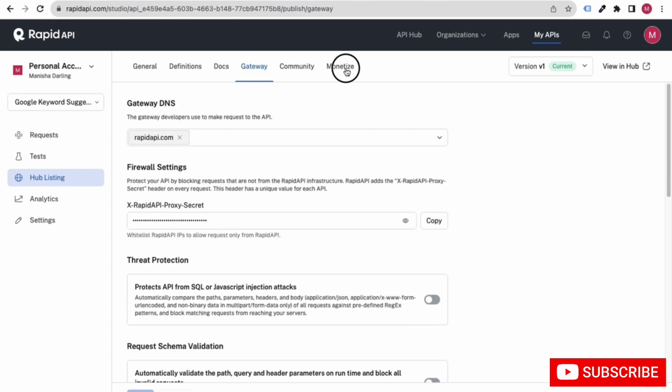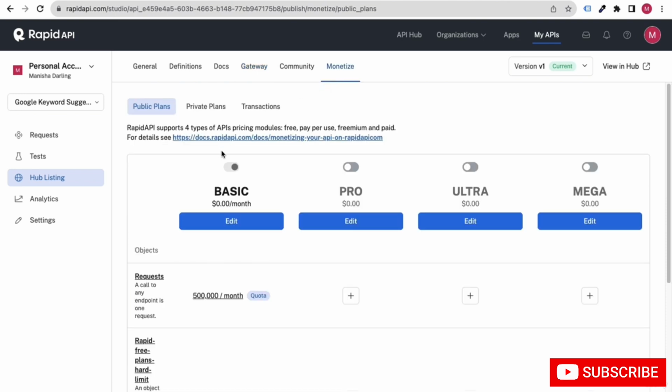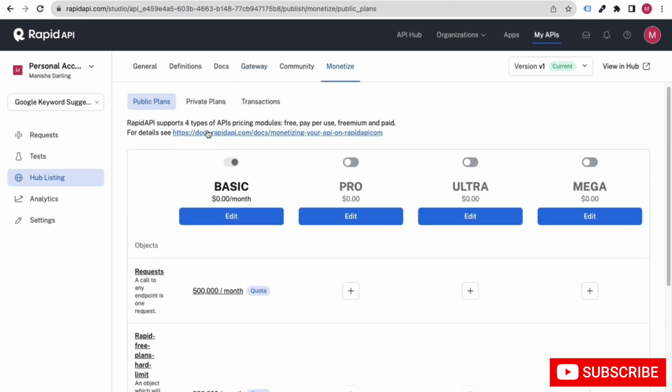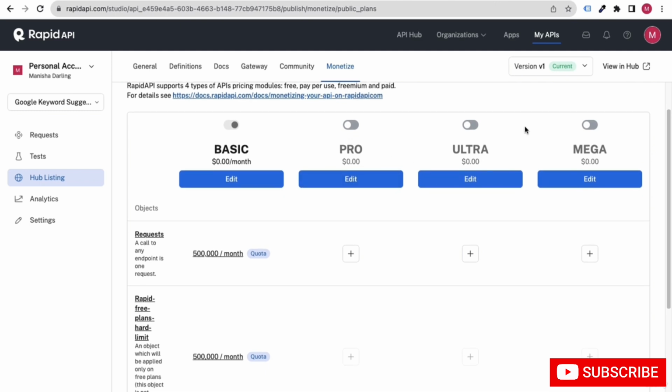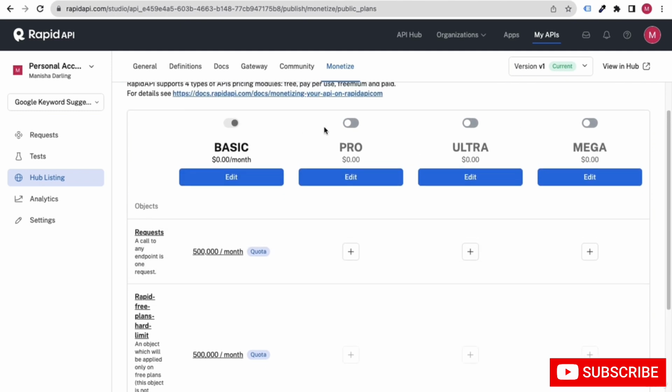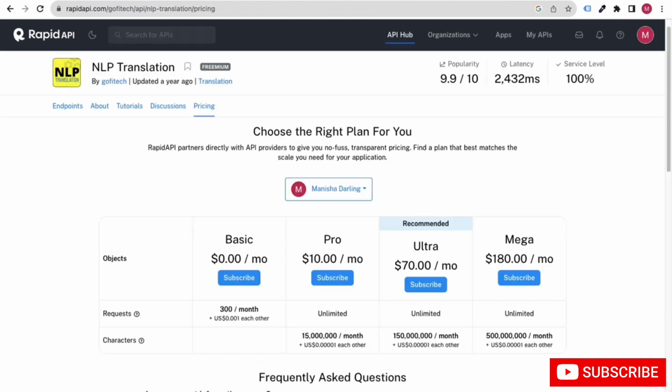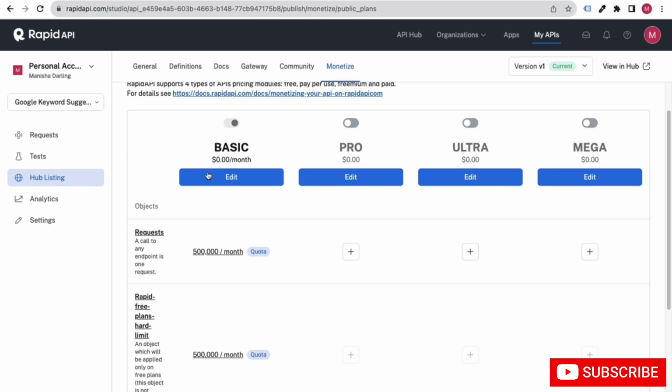Basically, you do not need to do much here. But in the monetize section, you can see you have to put the pricing, right? So make sure you put pricing like basic, where you can provide something for free, and pro, ultra, mega. So in these pricing tiers, you can give the pricing, okay.